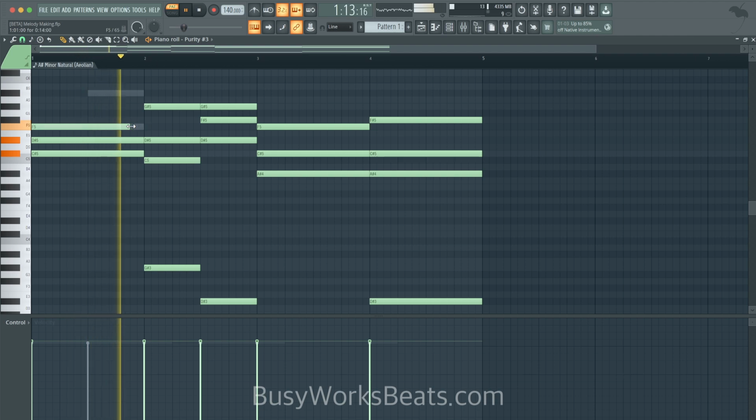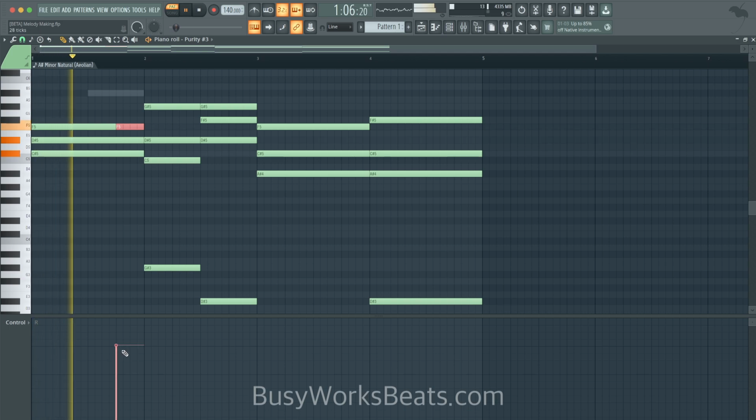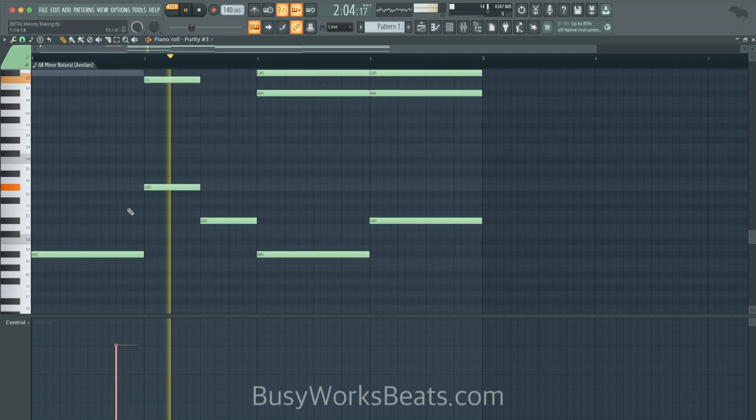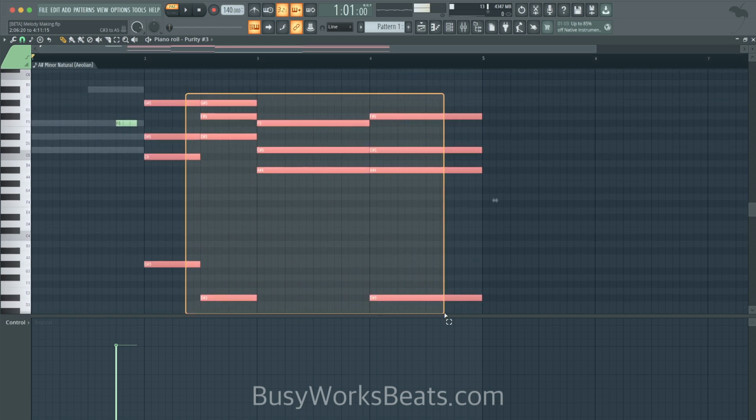So I'm going to add this F here. Let's highlight that. Go to Controls, go to Note Repeat, turn that up. Then we can make this note shorter. So basically, I'm just adding a note as we hear it. I'm using this more as a reference. Really, we don't need it because we have ghost channels on.